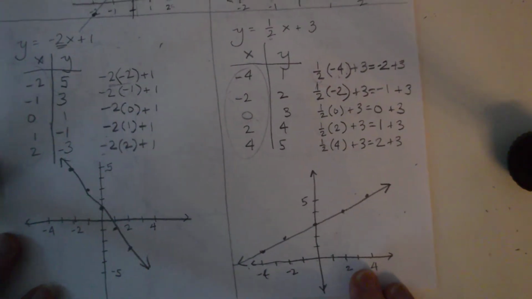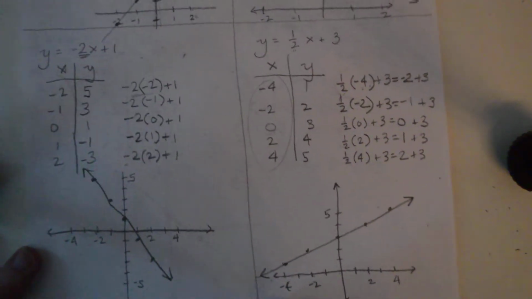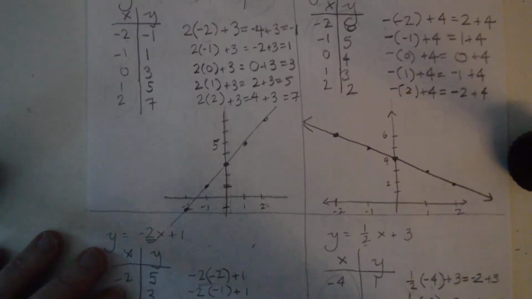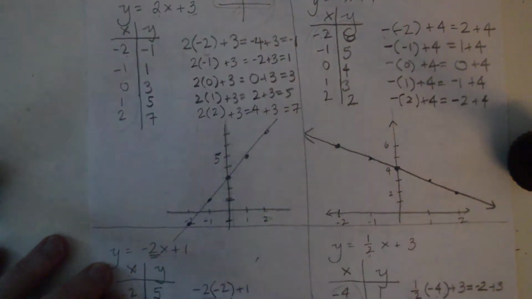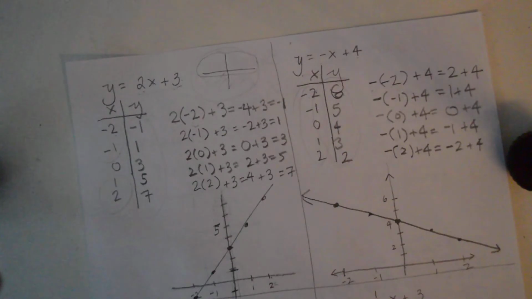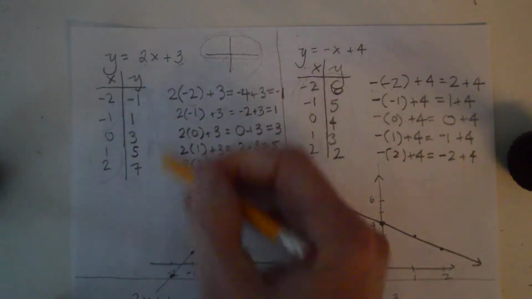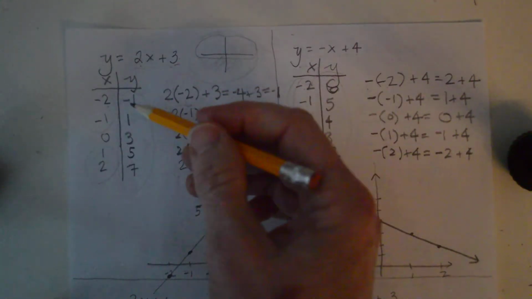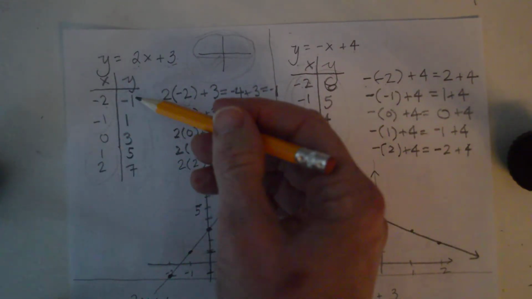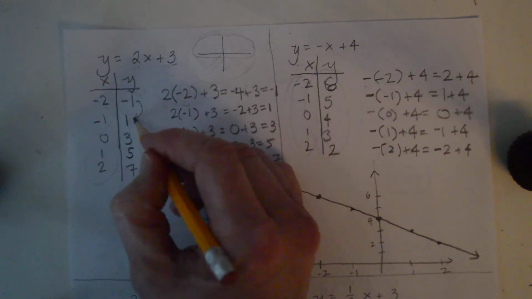Now, I want to talk about this in a future video, and I'll just mention it right now. I'm sure that you noticed when you wrote your x values and your y values, obviously your x values followed a pattern, -2, -1, 0, 1, 2. They kept increasing by 1, but hopefully you noticed a really kind of cool but different pattern in each of these. So in problem number 1, y equals 2x plus 3, did you notice that each time